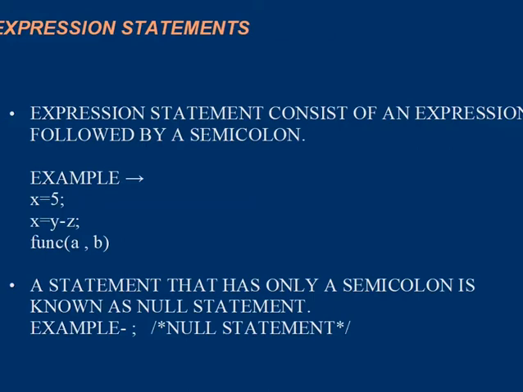Let us try to understand with an example like x = 5; x = y - z; means you write an expression and in the end you put a semicolon. You can correlate expression statement as an expression plus semicolon. A statement that has only a semicolon is known as a null statement. It means only the semicolon part is present.